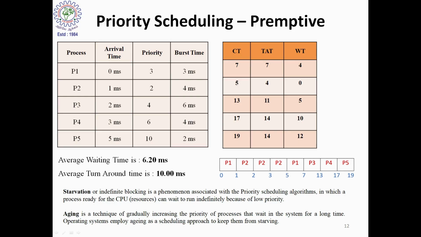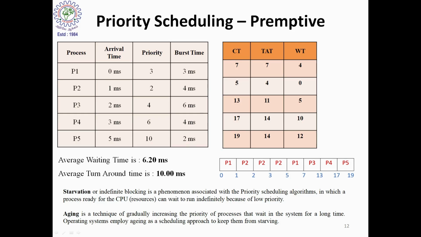Now the priority of P4 is 6, but it is definitely lower priority when compared to P2, so P2 will again be given the hold of the CPU, up to time 5, because at 4 none of the processes has arrived, and at time 5 only P5 is arriving. P5 also has priority 10, which is definitely higher in number than P2, and P2 now has the highest priority,